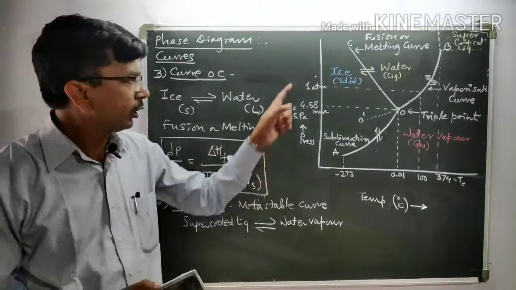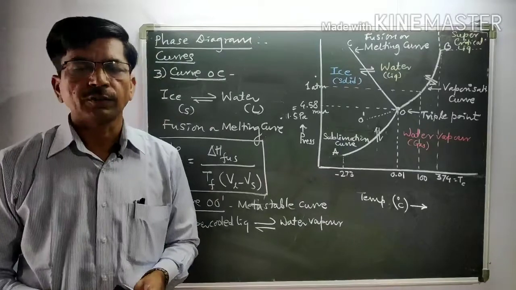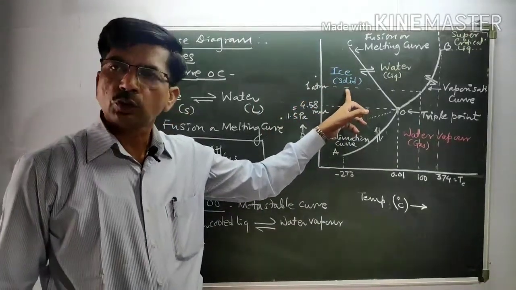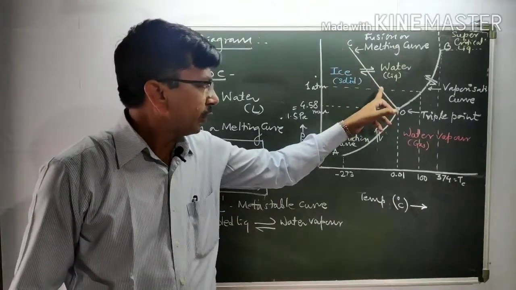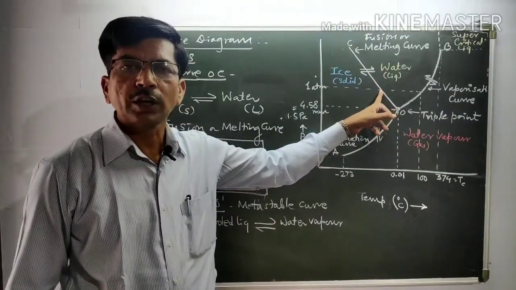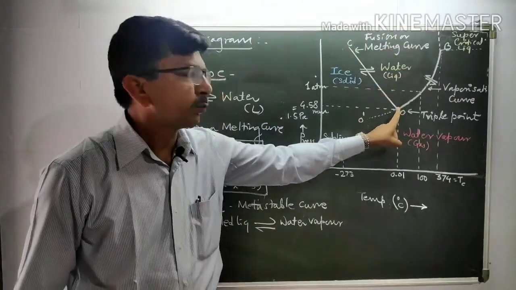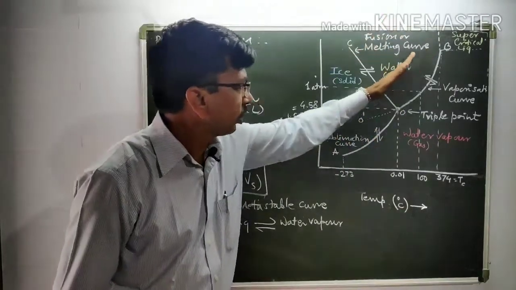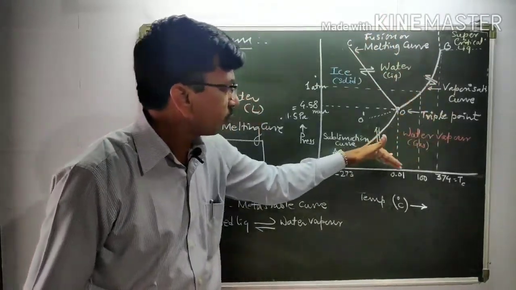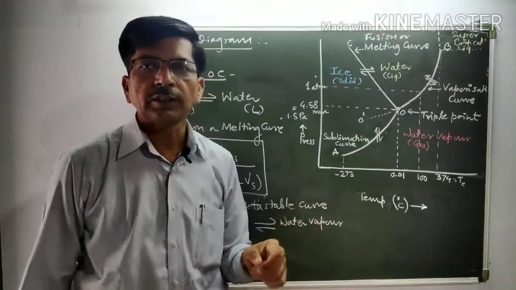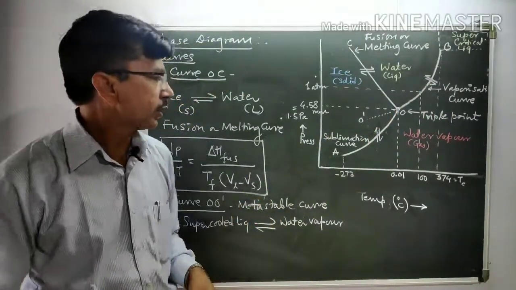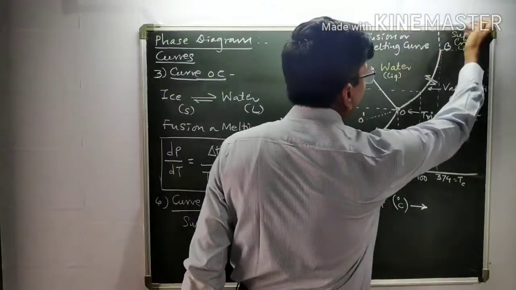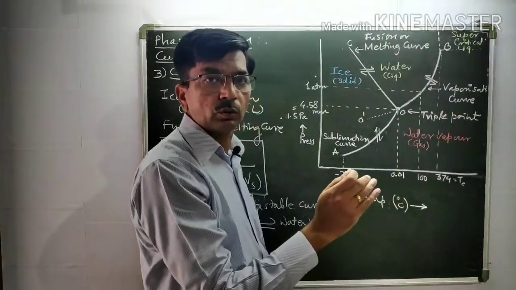Now we discuss the regions in the graph. Remember one thing here: at any point in a region there exists only one state. Whenever the point reaches a curve, it exists in two states, and when these curves meet at a point, three states exist. In this region there is only one state, liquid water. In this region there is only water vapor, but at this particular point there is existence of the three states. Below this it exists only in the solid state, while above this it exists in the vapor state.